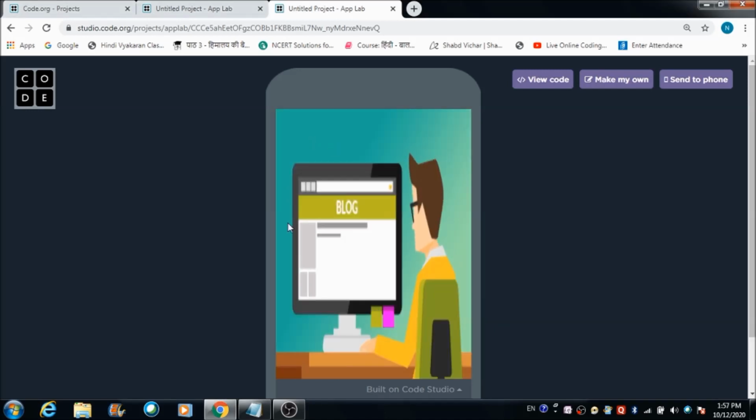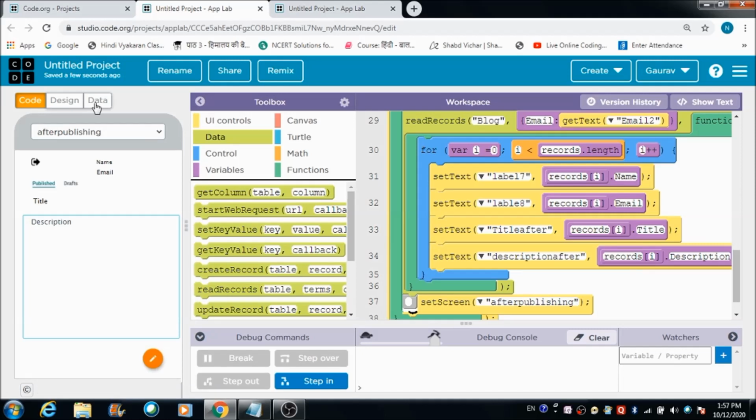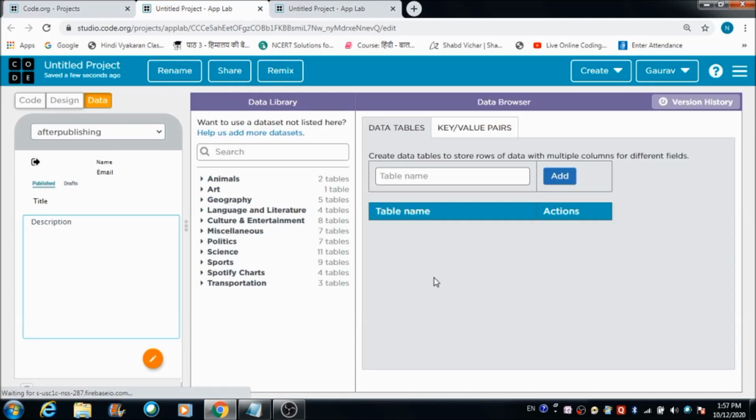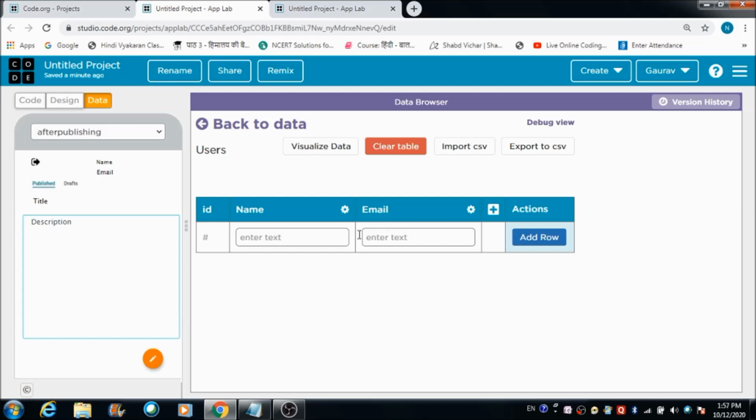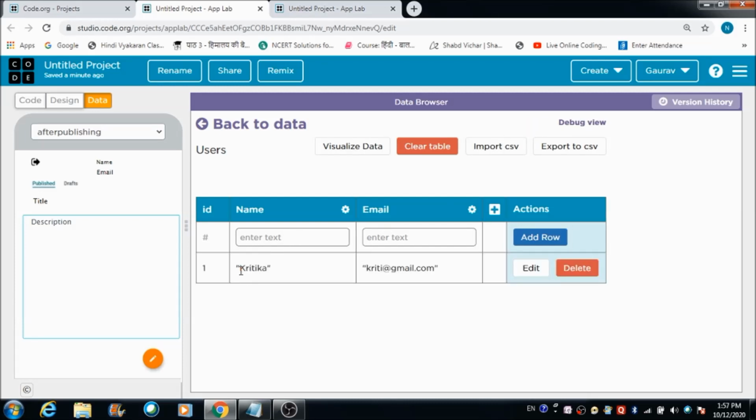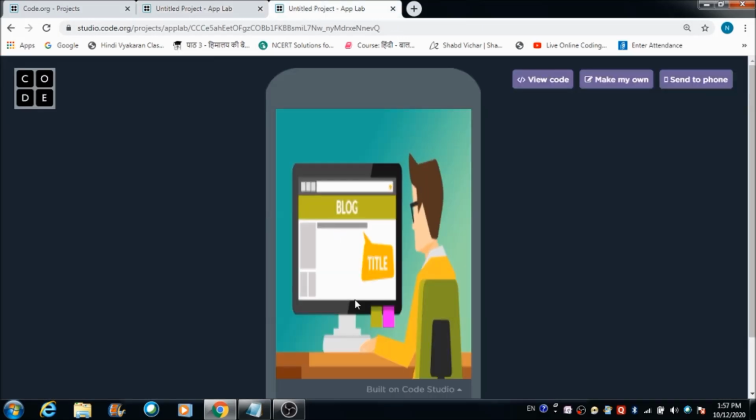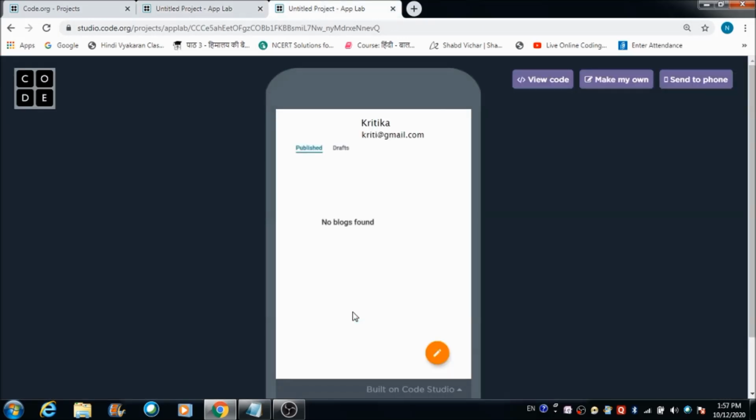So we have got redirected on this screen. Let's see what we have got in the data browser. Okay, a table has got successfully created. So here we have got the name of Kritika and his email ID also we have got. Let's hit this screen and see what is going to happen. So here on this screen we have got the name of Kritika and Gmail ID is also getting reflected right on the top. Let's create a post quickly.